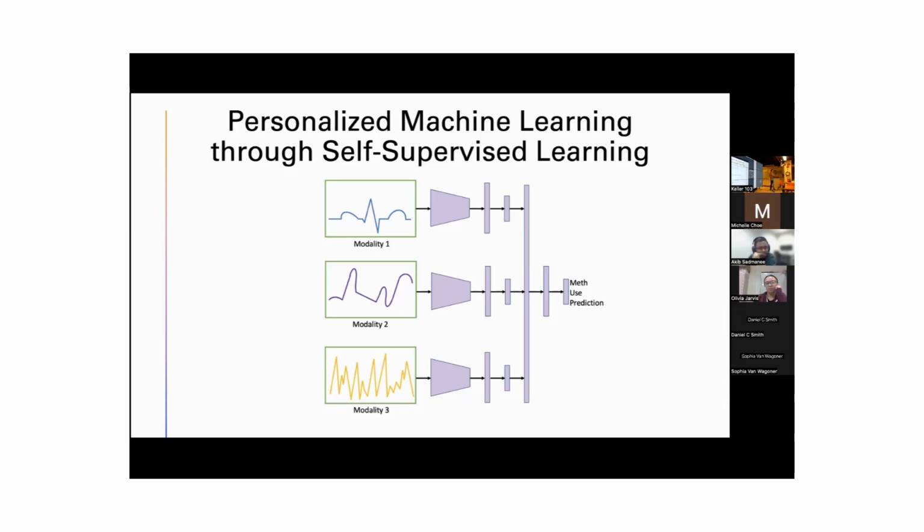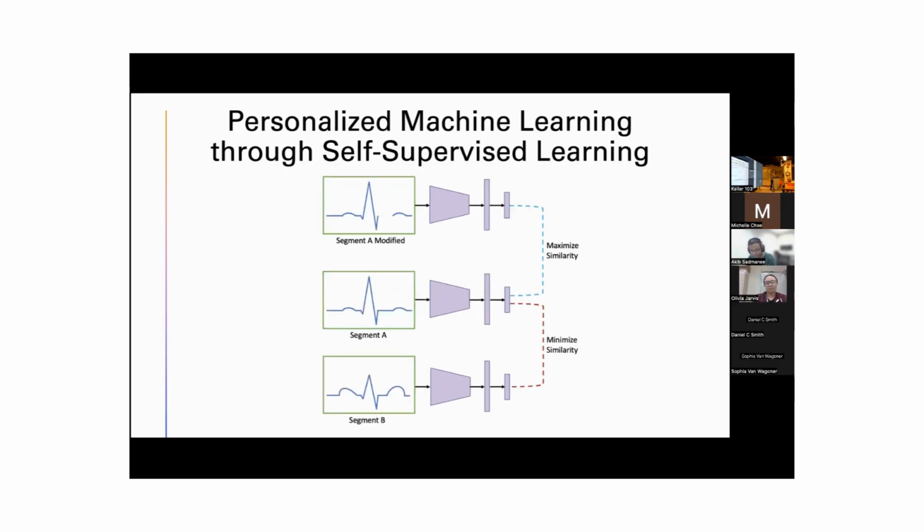So if you get a few examples of them being angry or stressed and you train the model on that, you can then predict in the future when they are angry or stressed, because you understand the basic dynamics. And the key to making this work is that we can train deep neural networks to make predictions about the incoming data itself, so that it learns about the dynamics of the underlying data.